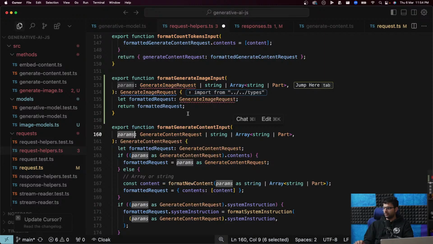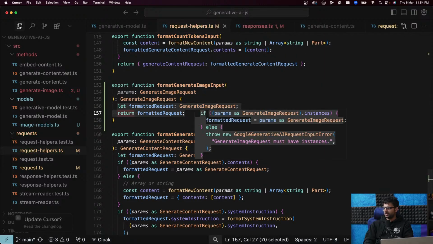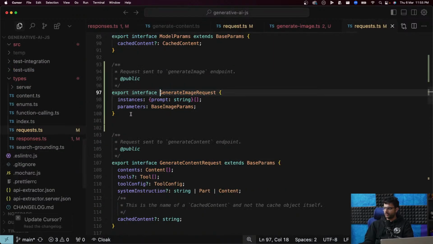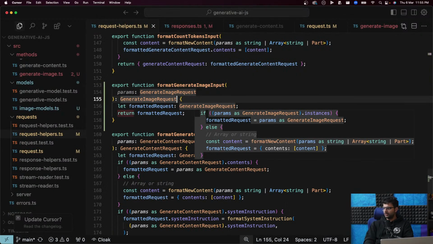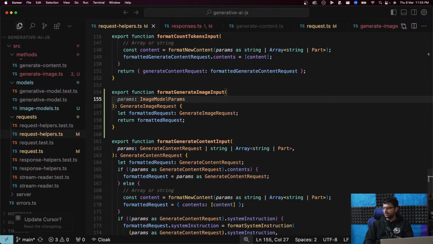All right, we're going to be a little strict over here, and just hope that the user gives just the parameters with the generate image request, which looks like, no. Return the generate image request, take the image model params as an input.